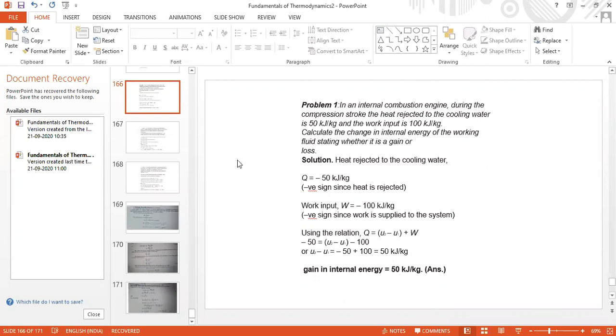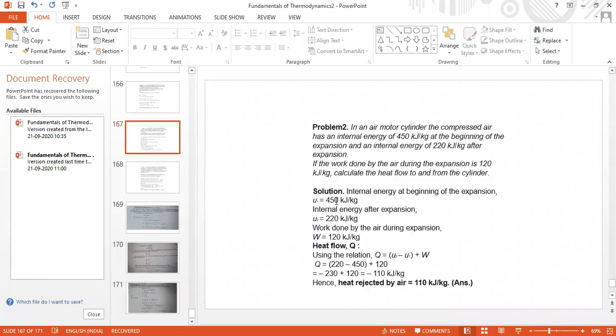Like that, these problems help us a lot in understanding the thermodynamic terminology. After doing this type of problem frequently, we will be thorough with these fundamental things also, such as internal combustion and what is a compression stroke. But that is not required at this stage. Okay, in that way, we will do problems like that.